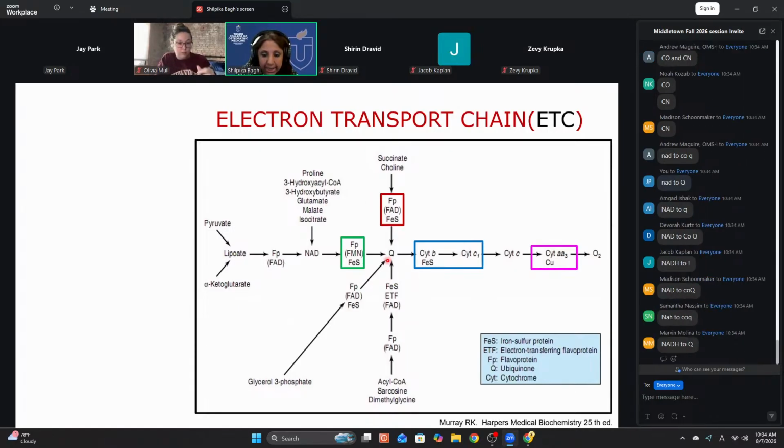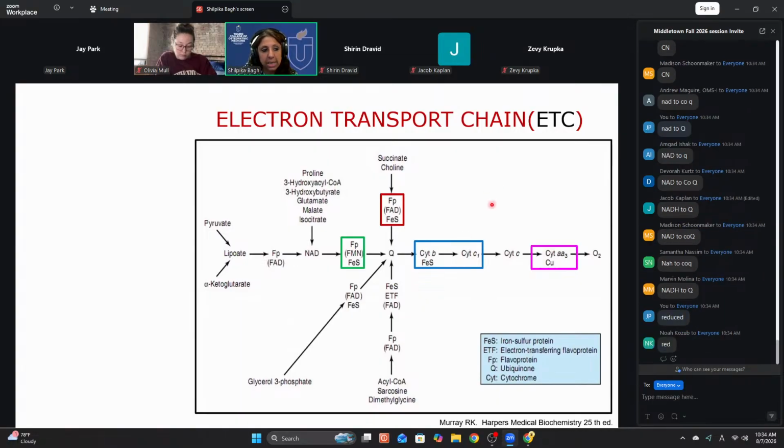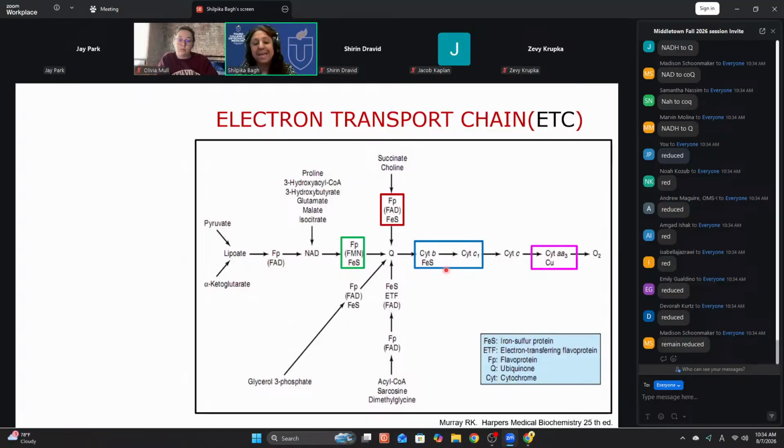That is why, tell me, if complex 3 is inhibited, what will happen to CoQ? Will it be in oxidized state or reduced state? Reduced state. So first you have to go through this, then you go to the inhibitor and its effect on 3. Very important: number 1, ATP synthesis; number 2, ETC function; and number 3, oxygen consumption. You go there, right? Does that make sense? Complex 2 is not a coupling site.